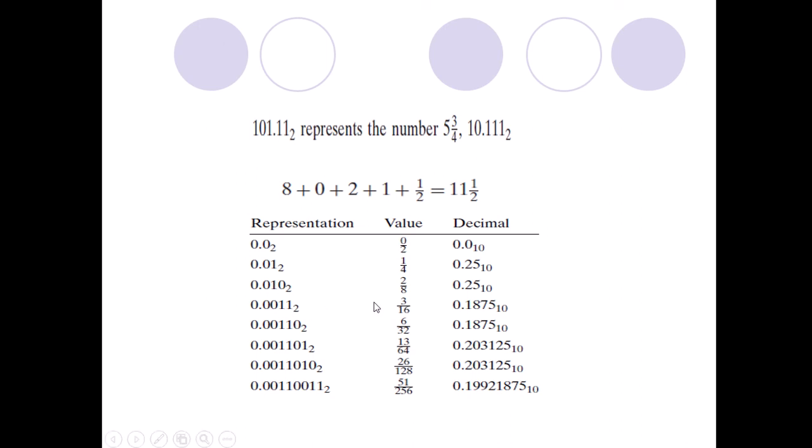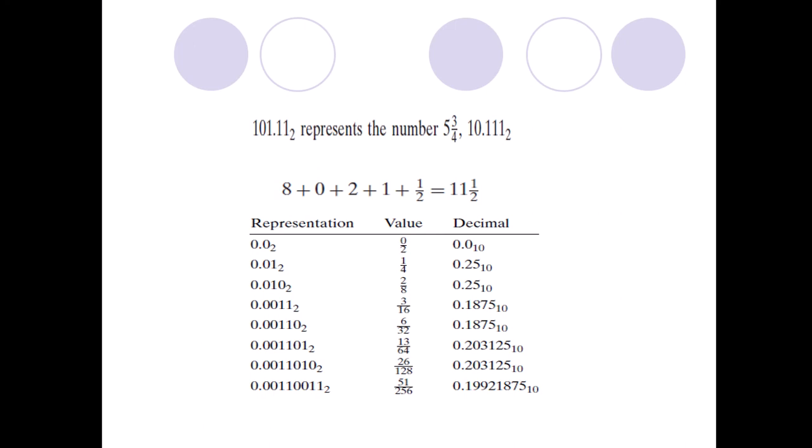For example, if you consider this case 3 by 16, so 16 is 2 raised to power 4, then you will have to write 4 zeros towards the right side of the point. Now you need to find out the numerator value, that is 3. The binary combination of 3 is 1 1, so you will start from the least significant bit. So 3 is represented as 1 1, so you will write 1 1 here in place of 2 zeros.